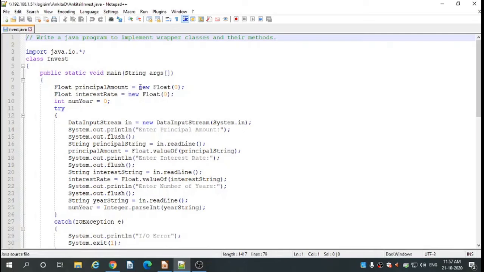Float principalAmount = new Float(0), so initially it has the value 0. Then Float interestRate = new Float(0).